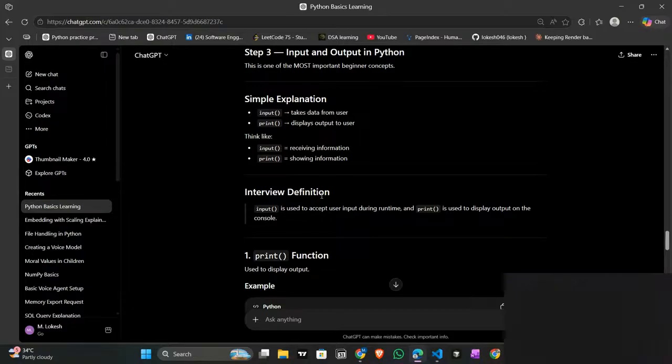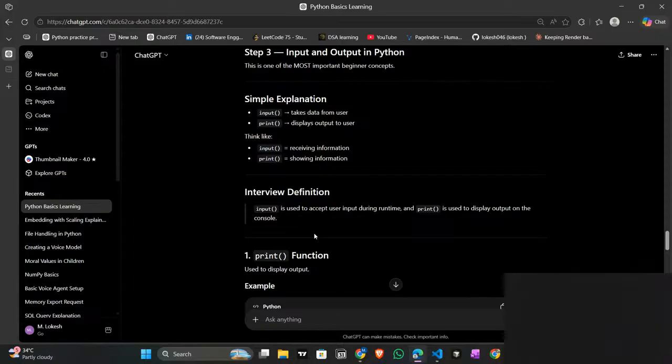Definition: input is used to accept user input during runtime, and print is used to display output on the console.